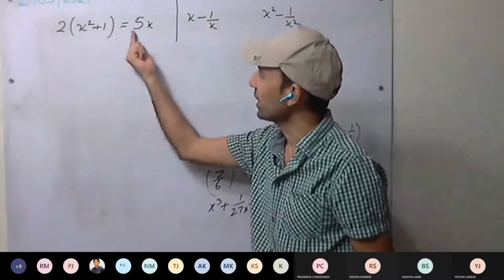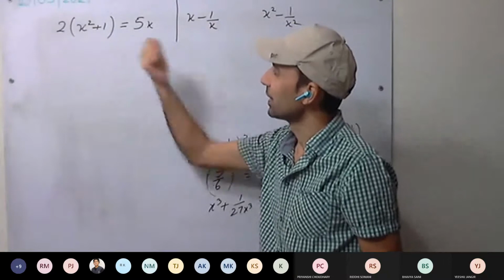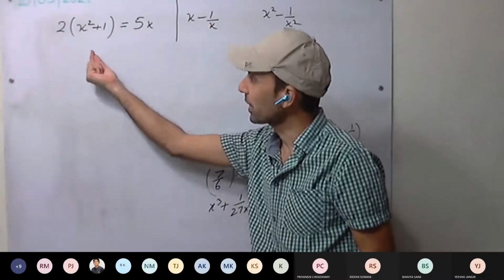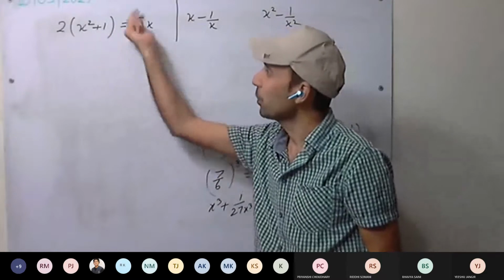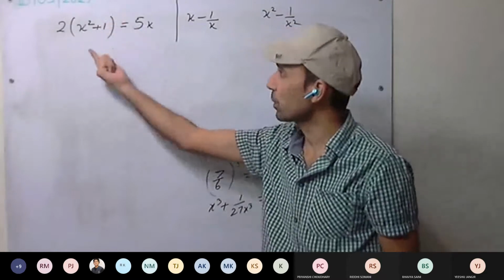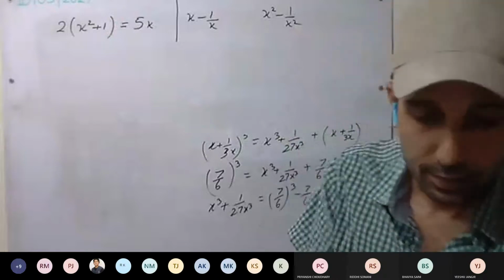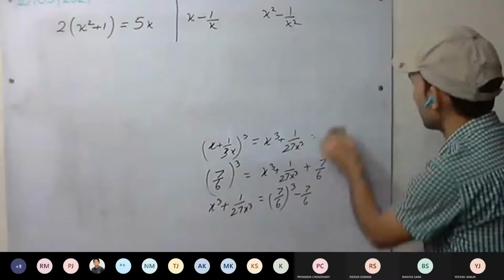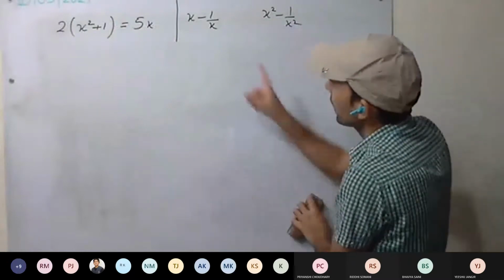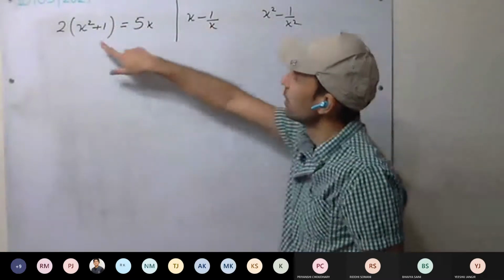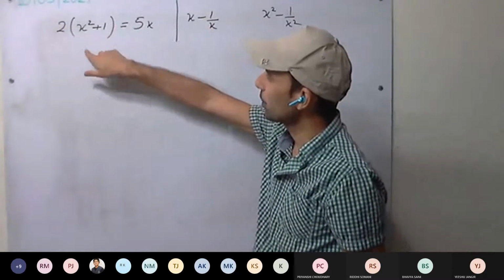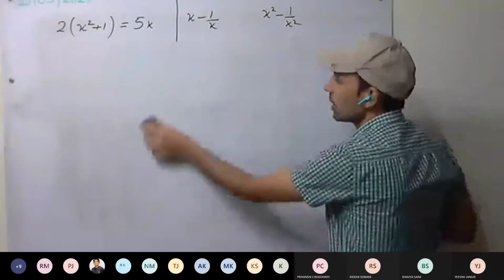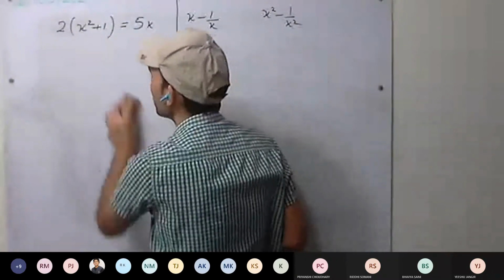Okay. How can we do it? Because for x minus 1 upon x, if from here we can calculate x plus 1 upon x, can we mold this equation in such a way that we get x plus 1 upon x equal to something? Try to do that one, till I rub the board. Because we have to calculate the value of x minus 1 upon x. If we can get the value of x plus 1 upon x from here, something like that. Can anyone do it?